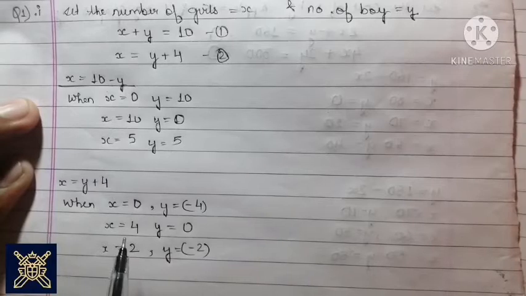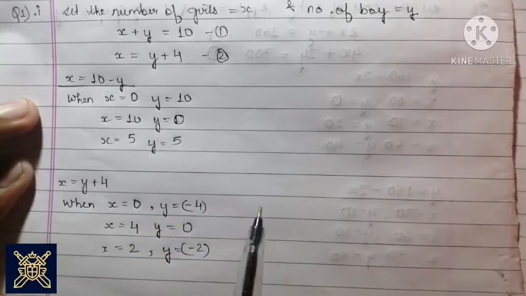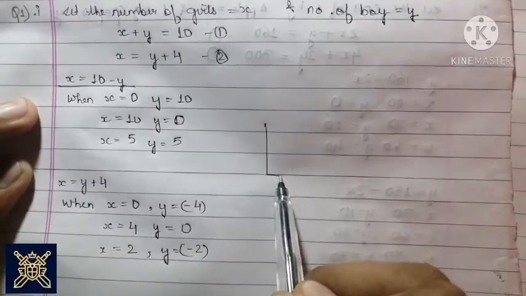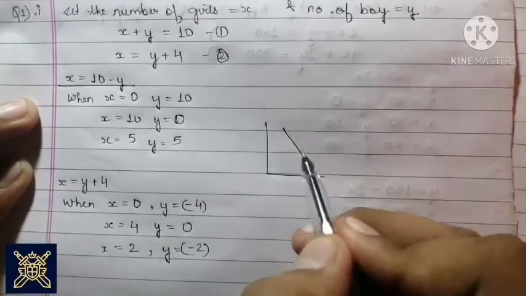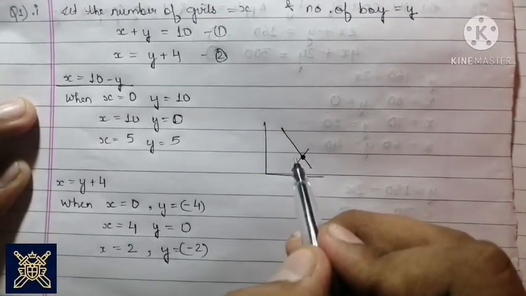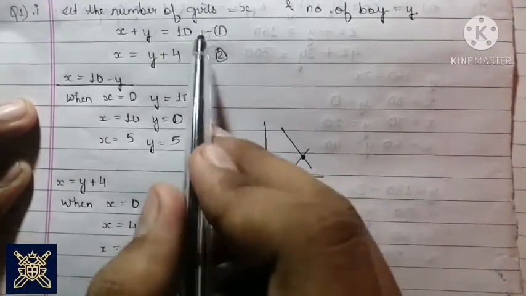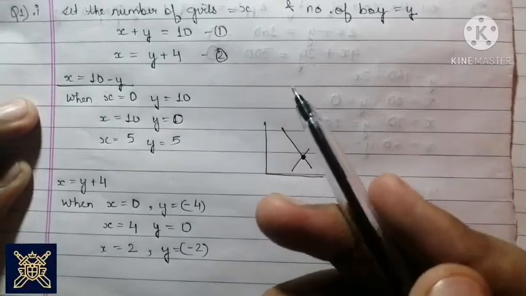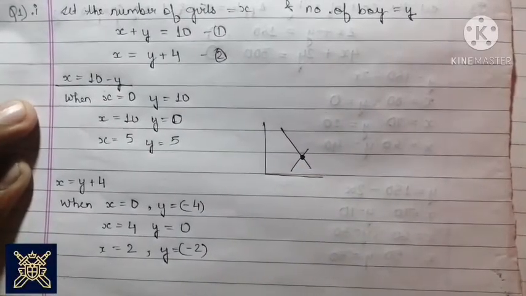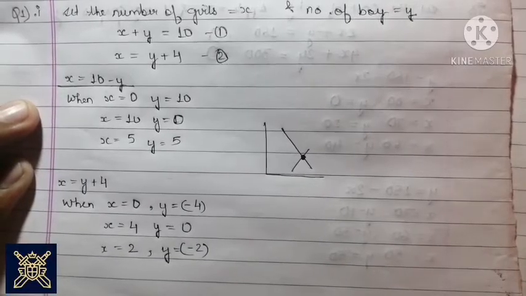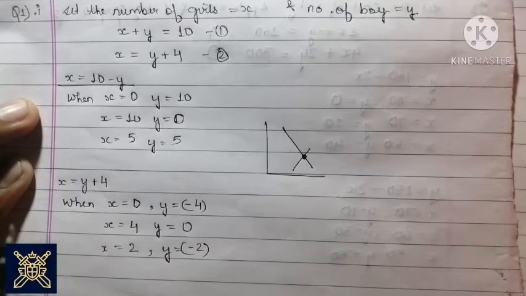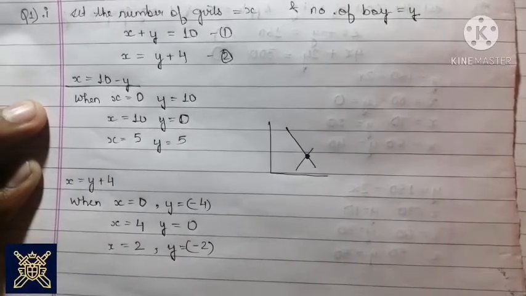Again we have got these points, and now you just have to plot them on the graph. For example, this is the first line and this is the second line, and wherever they intersect, that point will be the solution for these two equations. Now you can plot them on the graph. I am not showing this because I have shown it in the first exercise, exercise 3.1, where I told you how to plot the graph. Now let's move on to the second part of this question.